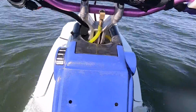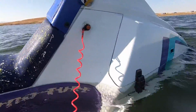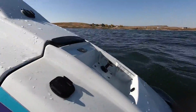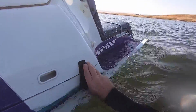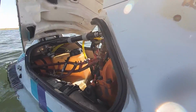I don't know if the camera can pick that up. I'm gonna have to see if I can pop the hood off and maybe tap it. I don't really have anything to tap it with. That stinks. Man. Real life situation here, people. I could call for help, but